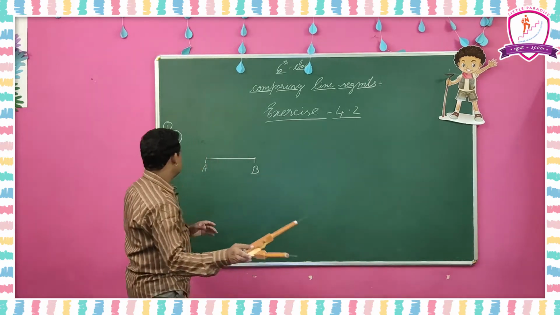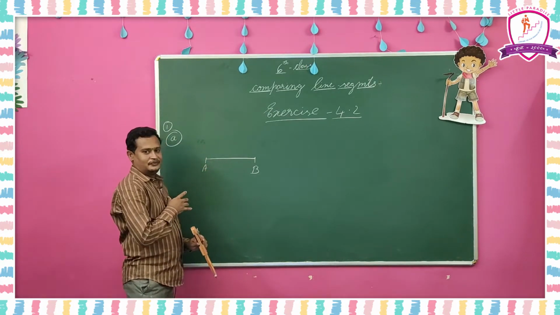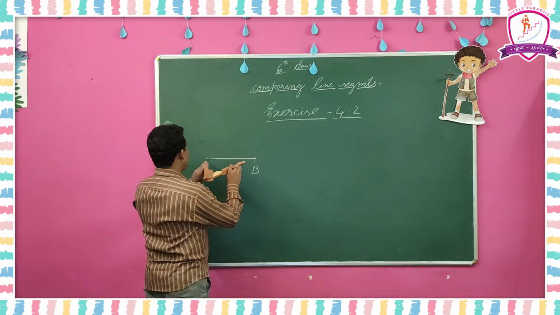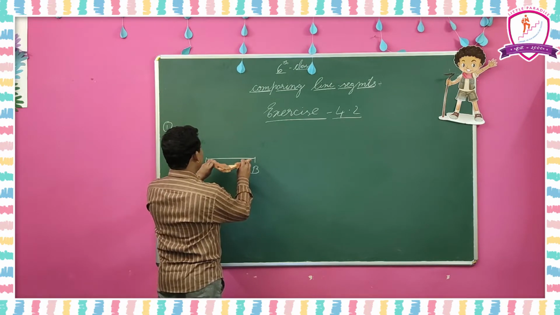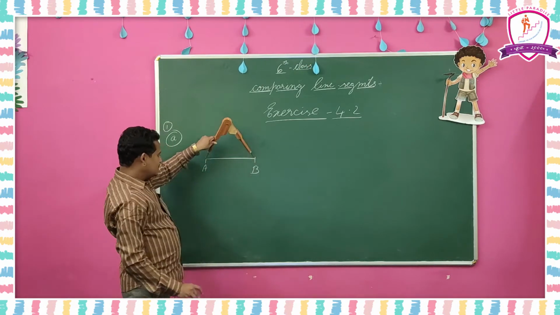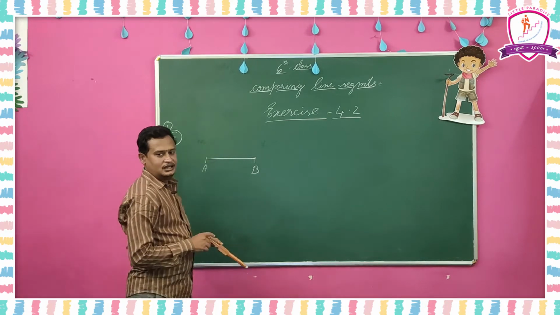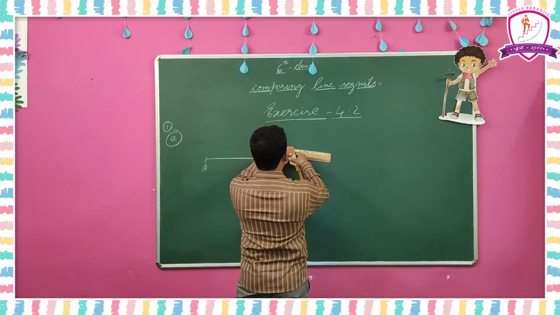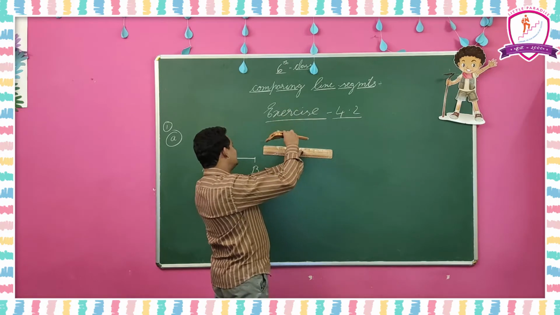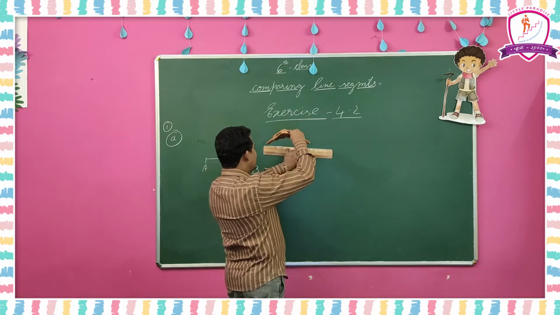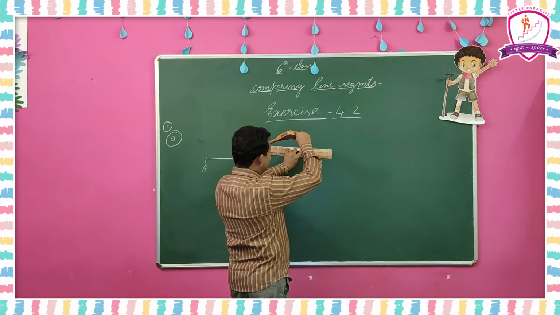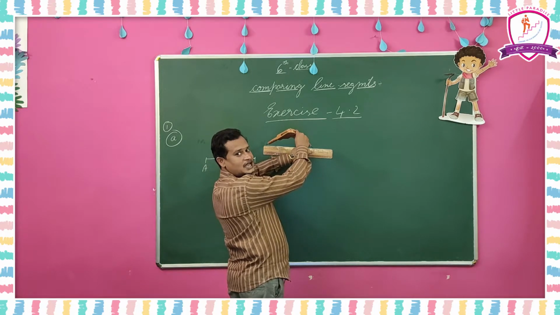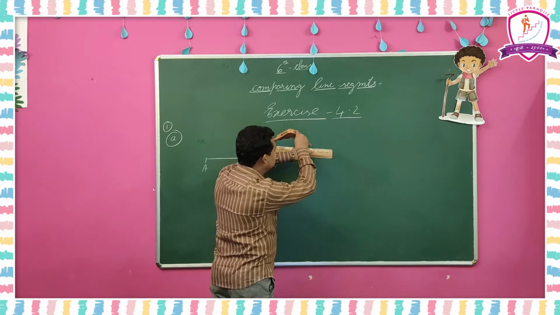Here I am explaining this: I draw a line segment here. I don't know what its length is, I just drew it. Here I am going to put the divider so that the needles coincide with either end. Like this you have to put. Then take the ruler and place it there. Put one needle at 0 and see where the other needle is. Here it is at 11, so the line segment which I drew on the board is 11 centimeters.